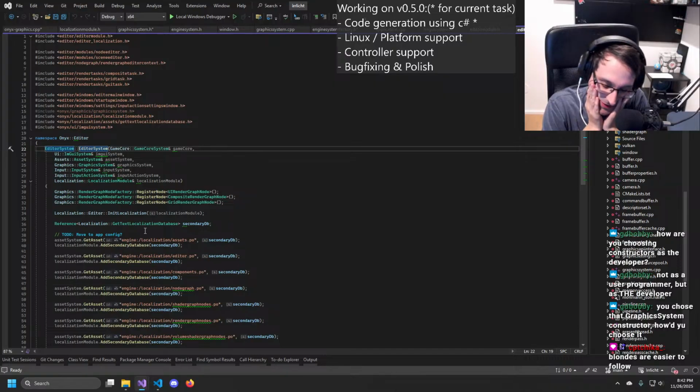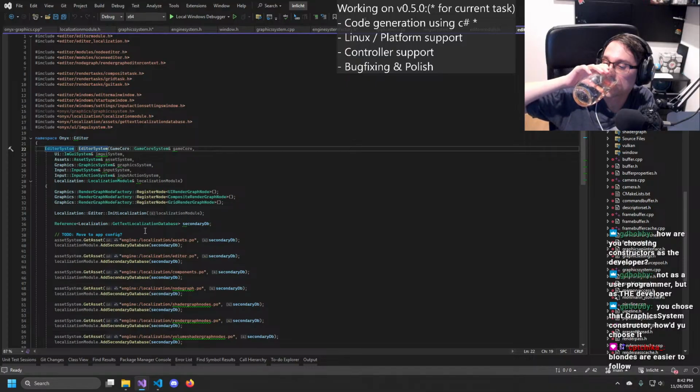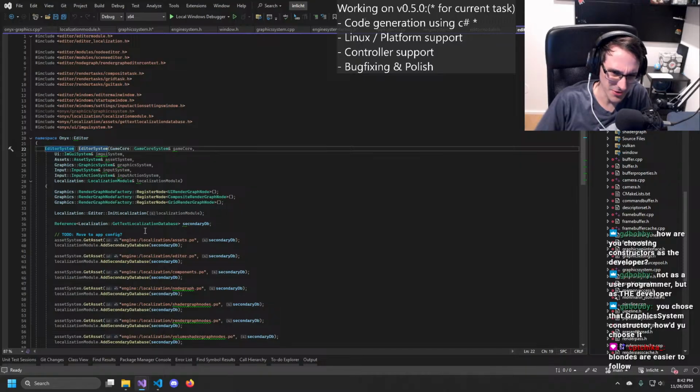But that makes one more special case in the code generation, which is as well painful. Not sure. It's not that I don't know how to solve it, I don't know which one I like the most.